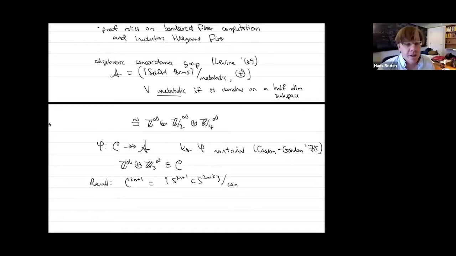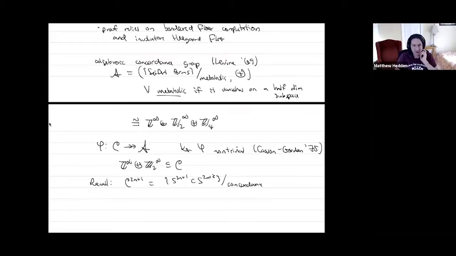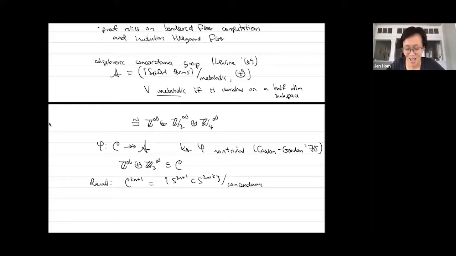Jen, can I ask a question? Yeah. On the previous line, did you mean that sits inside the kernel? Oh, this line. I'm just talking about the structure of the concordance. We know that the concordance group has a because this is a subgroup. That's right. Are there any other questions? But it is known that also sits inside the kernel. Yeah. Oh, yes. Yeah. Yeah. Here I'm just giving background on the concordance group. So, but yes, Matt is correct. But yeah, it's known. But